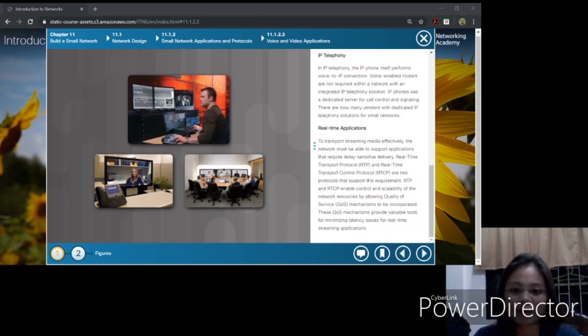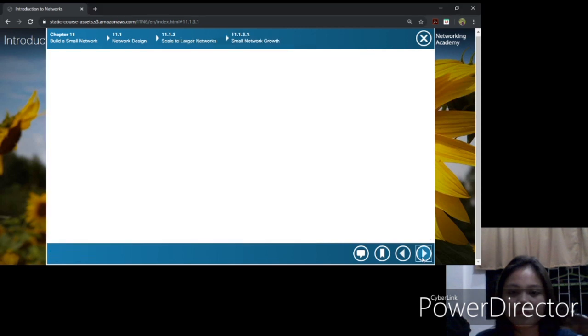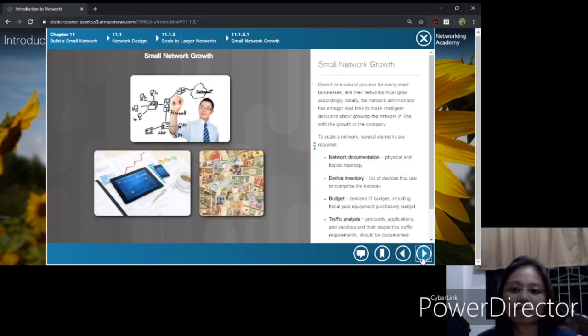The real-time application requires a transport protocol. There are two protocols that support this requirement: the RTP and the RTCP. They enable control of the scalability of network resources by allowing quality of service. Next is small network growth,